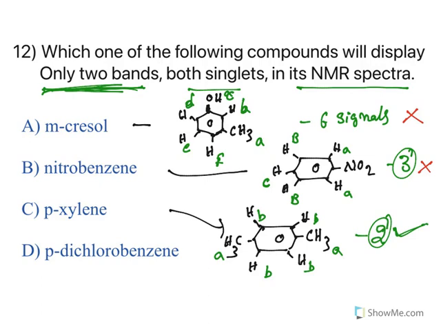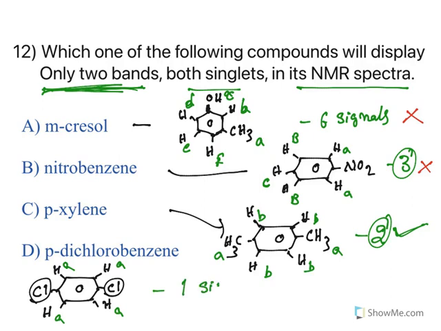Now let us see the last one too. What is this about? Para-dichlorobenzene. So here chlorine is there, here chlorine is there, and all here you have protons are there. Now see, para position chlorines are there and all of them are similar protons. The surrounding environment is similar and you will get only one signal. So out of this, what is the answer? Paraxylene. So understand the structure and chemical equivalence of protons. You can do any kind of problem.